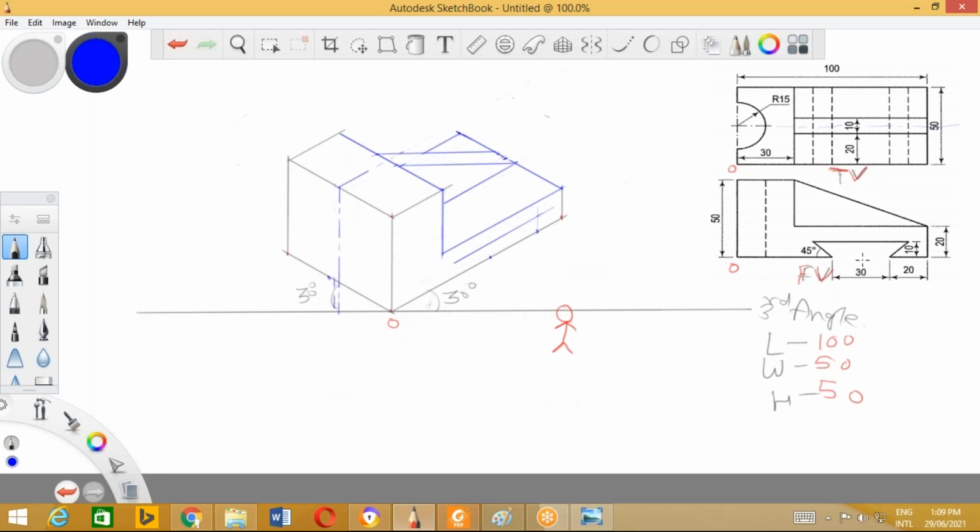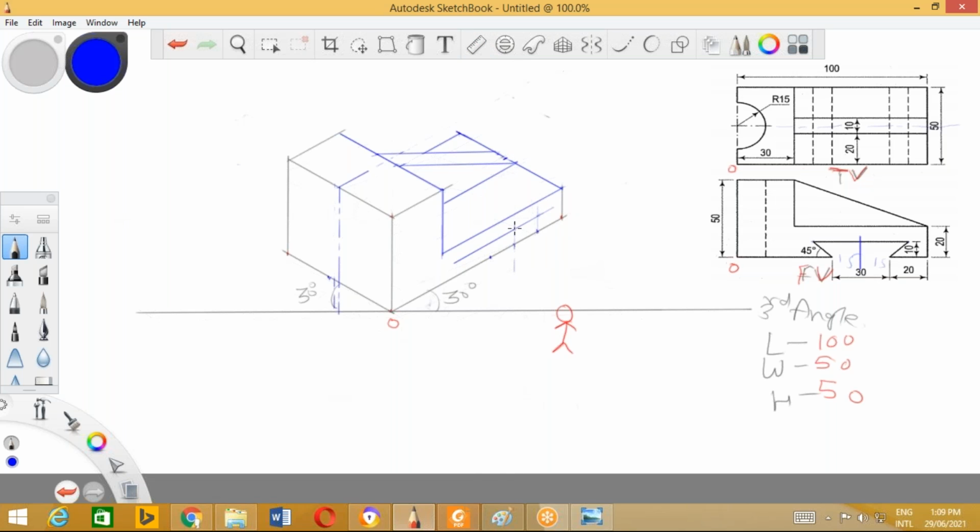So 15 millimeter, if I draw a line, this distance is 15 millimeter on this side, 15 millimeter on this side. Easily we can calculate. So I'll mark this line. We have already marked this point, but the center line is to be marked. So I'll draw the center line. Okay, so I got this particular point over here.